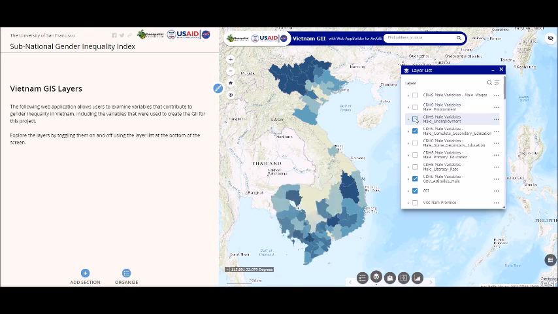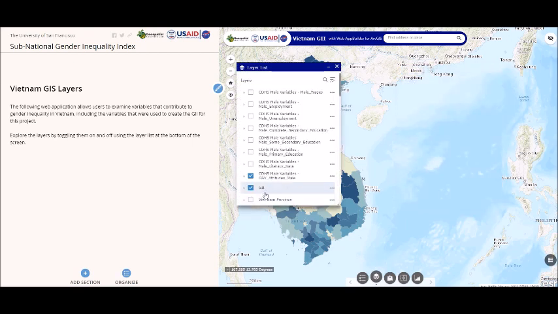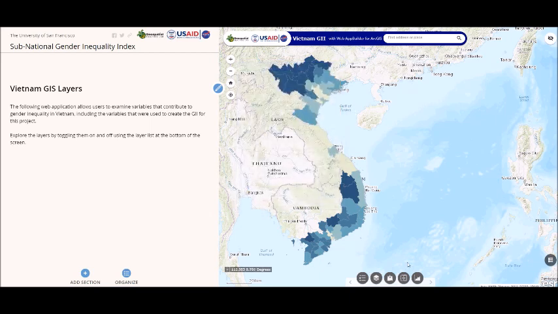Oops, actually loaded a bunch of layers. So let's take those off. I think there must be one more. Okay, great, it's gone. The next most interesting tool that we have on here is the swiping tool, and this